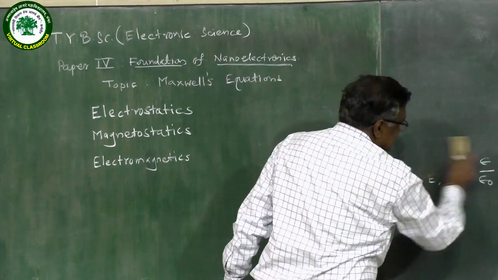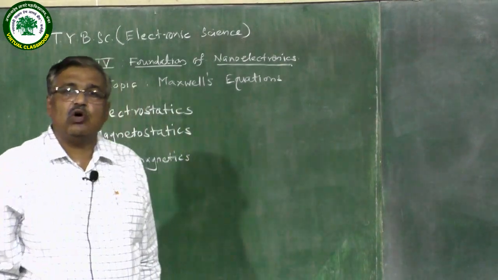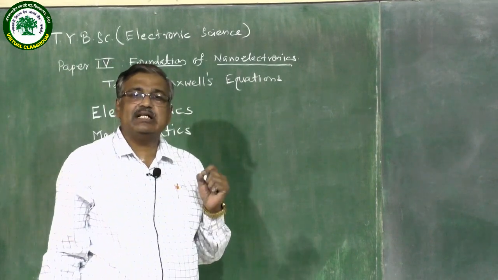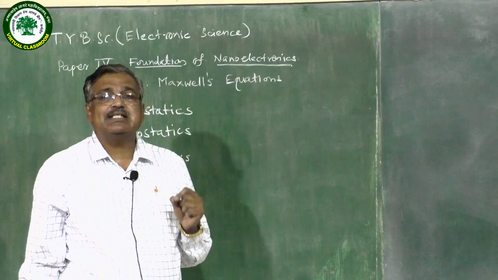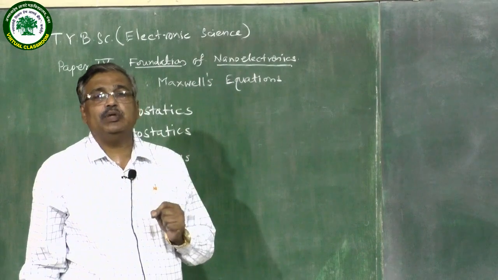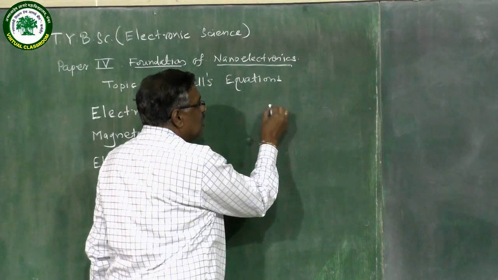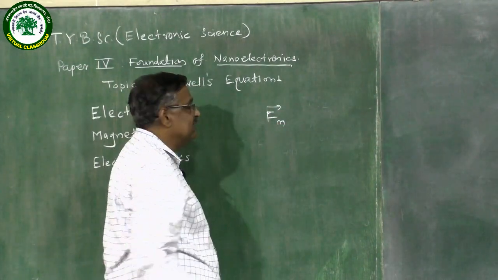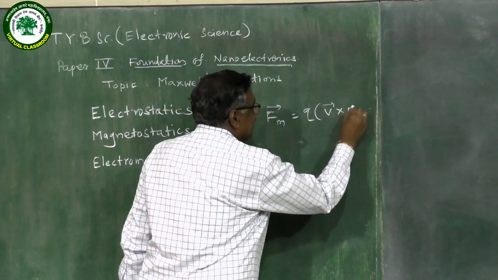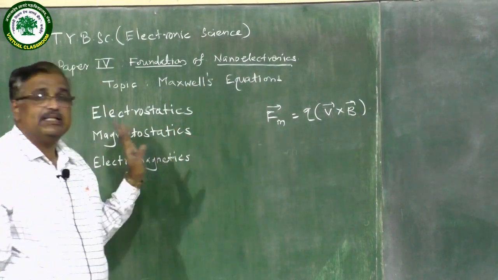According to the Lorentz law, we get the expression for the Lorentz force, and this expression indicates that if a charge Q is moving with a certain velocity v, then it experiences a sideway deflecting force. And if there is a sideway deflecting force, then exactly perpendicular to it there is the existence of magnetic induction. So according to that law, we write the force due to magnetization as F is equal to Q into vector V cross vector B. This is another type of law which is present in the case of magnetostatic theory.